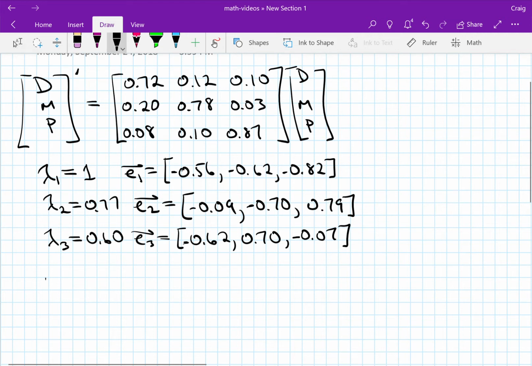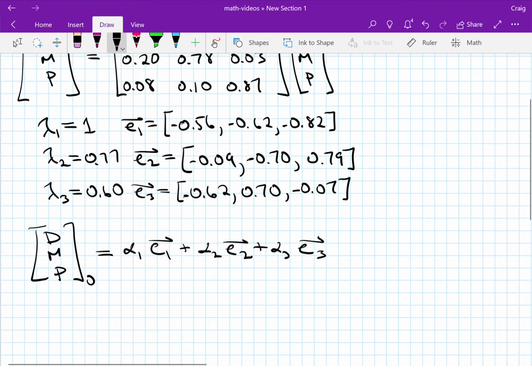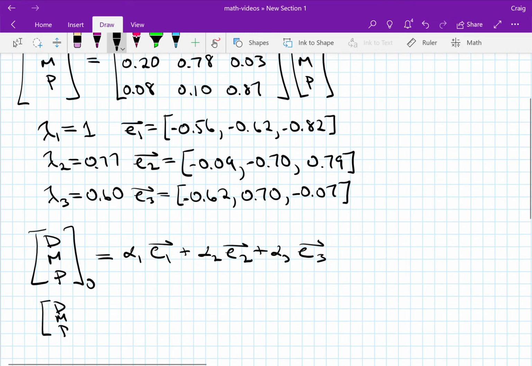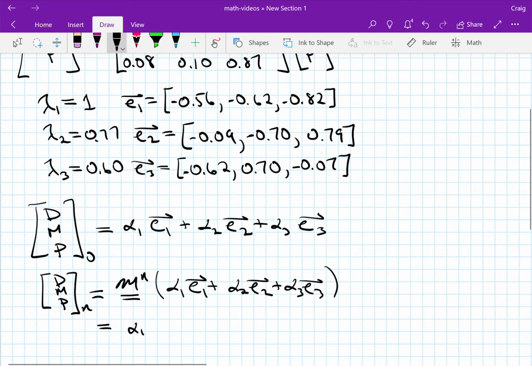So if I write the initial population at year 0 as a linear combination of the eigenvectors, then we convinced ourselves that the population at year n, which is what you get when you take that initial vector and multiply n times by that M matrix, with M acting on the linear combination of the eigenvectors, would just give us alpha 1, lambda 1 to the n, E1, plus alpha 2, lambda 2 to the n, E2, plus alpha 3, lambda 3 to the n,